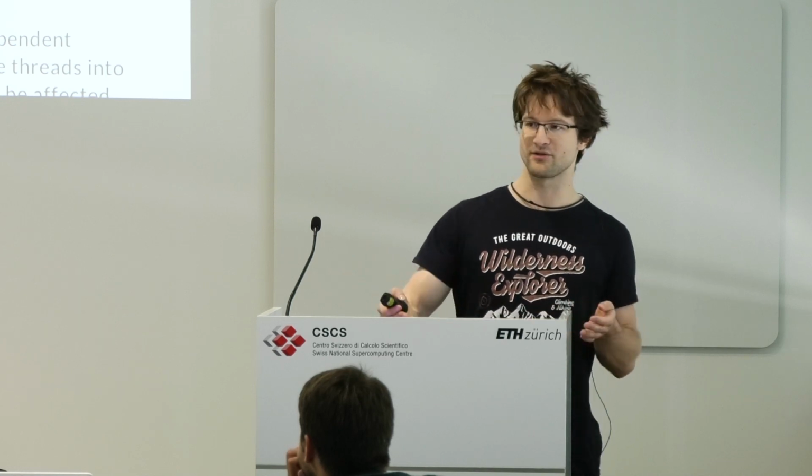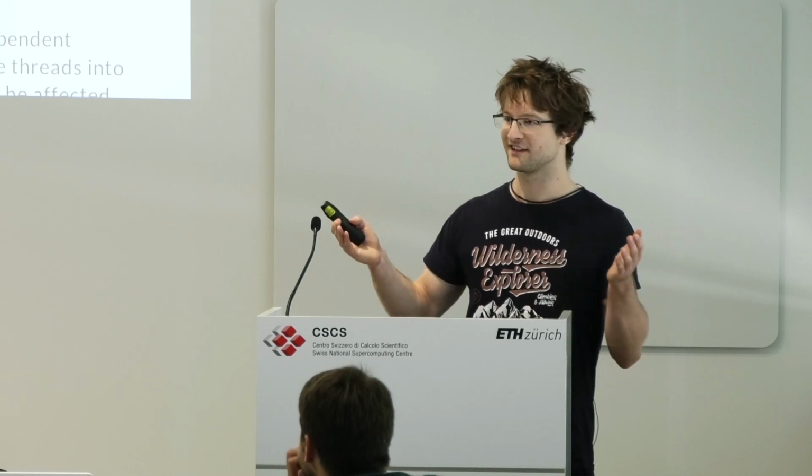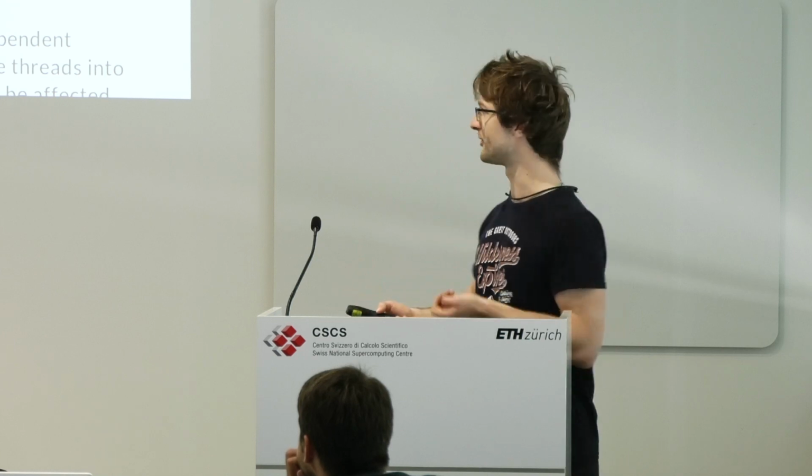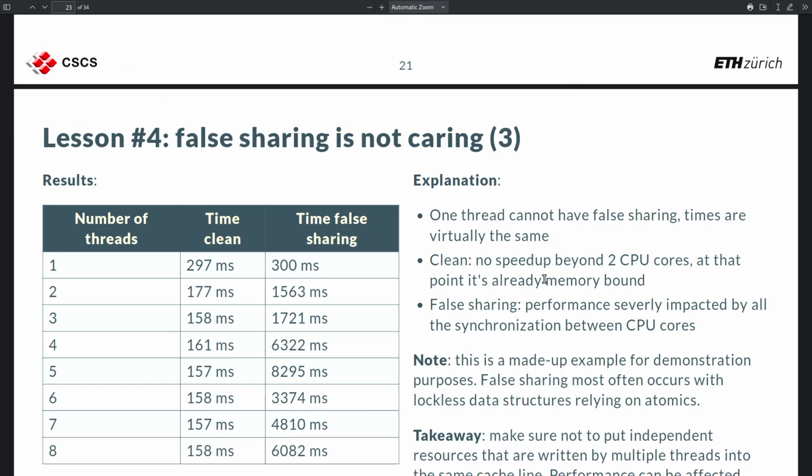So chucking more cores on it doesn't change anything. Your memory can't keep up with any more than 2 cores, so no performance speed up for you. The only bump in performance that you get is when you switch from just 1 thread to 2 threads, because apparently just 1 single CPU core was saturated with arithmetic operations and the DRAM could easily keep